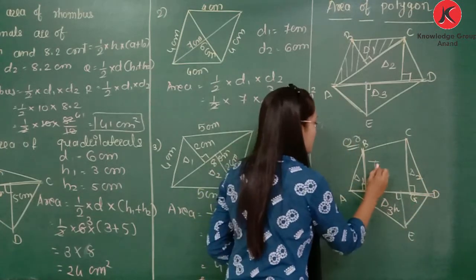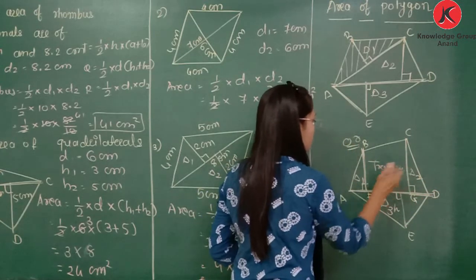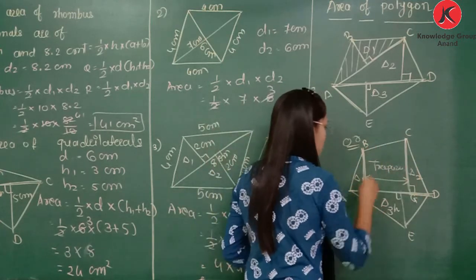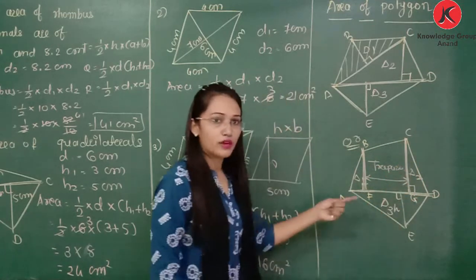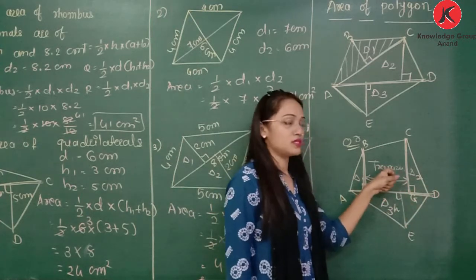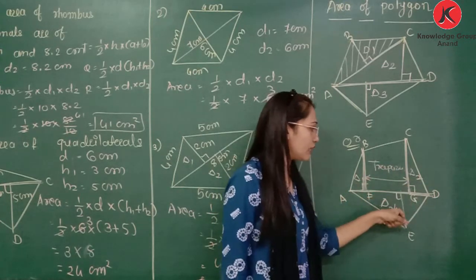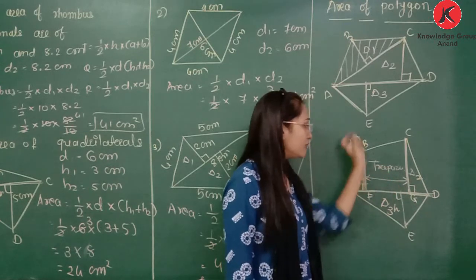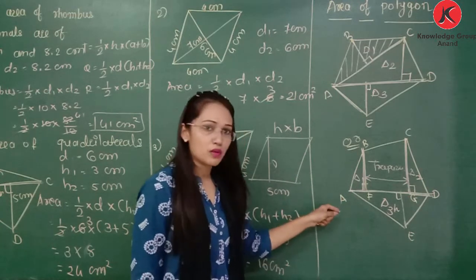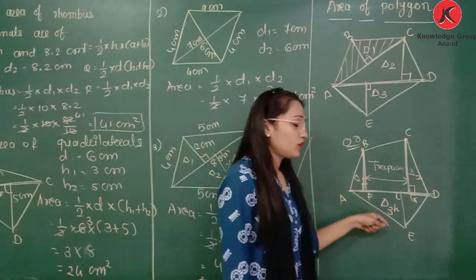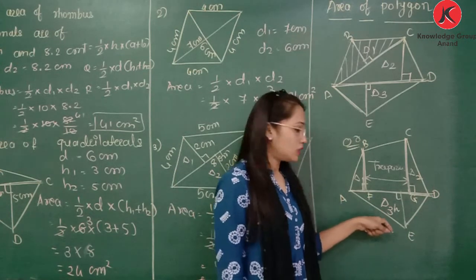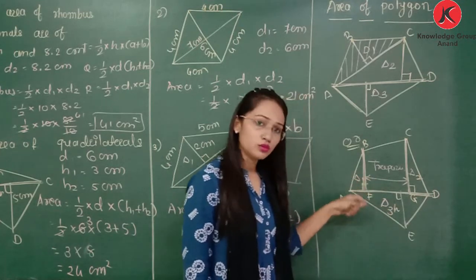Now this shape is a trapezium. Why is it a trapezium? Because these two are parallel sides. So if we have this length and these two sides, then we get the area of a trapezium. So for this figure, we divide it into three triangles and one trapezium. And if we find the area of the 3 triangles and 1 trapezium, we will get the area of the polygon ABCDE. Clear? So depending on the measurements, we can divide the given polygon into known figures, and then we find the area after adding the areas of the known figures.